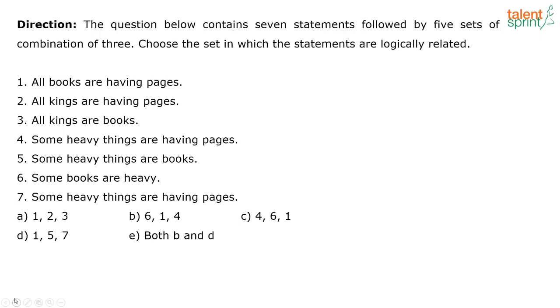Now how to approach this question: let us look at option 1. You have 1, 2 and 3. What are they saying? The logically related statements are 1, 2 and 3 if I choose option A. What it means is, take statement 1 and statement 2, draw the Venn diagrams, and statement 3 should be part of that. Basically statement 3 should follow, correct? So they are logically related. That's what they are trying to say.